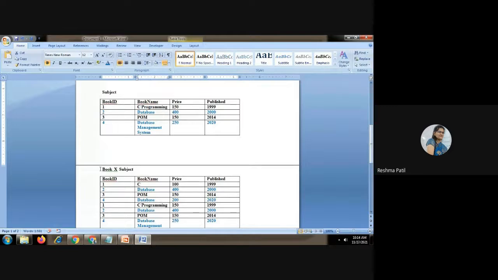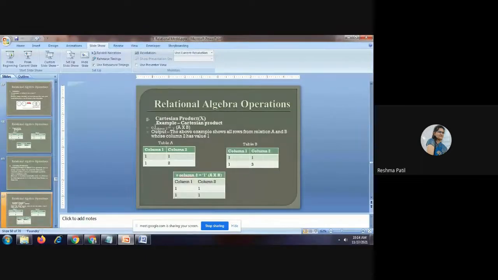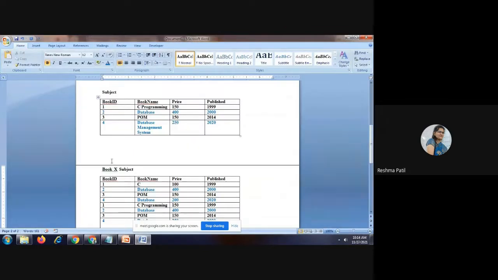That query we can write here: select subject is equal to database, on the book Cartesian subject. Here we will write the condition. What do we have to select? Book name, or subject, that we have renamed. So book name is equal to what? Database.